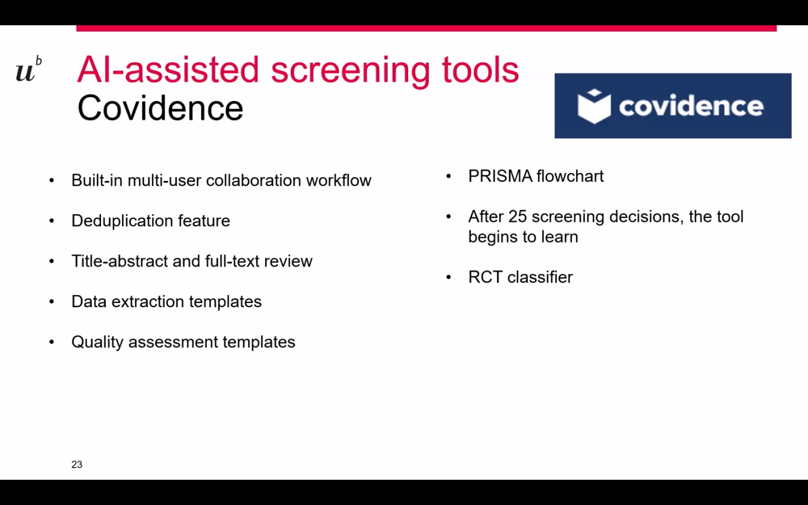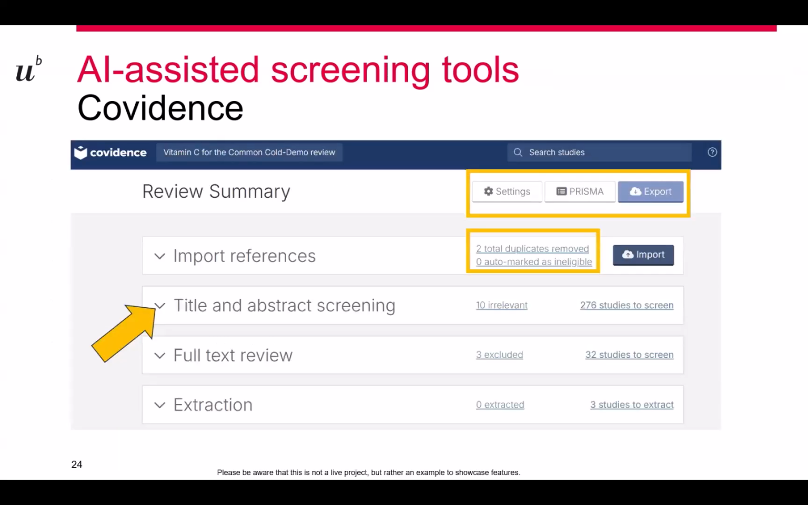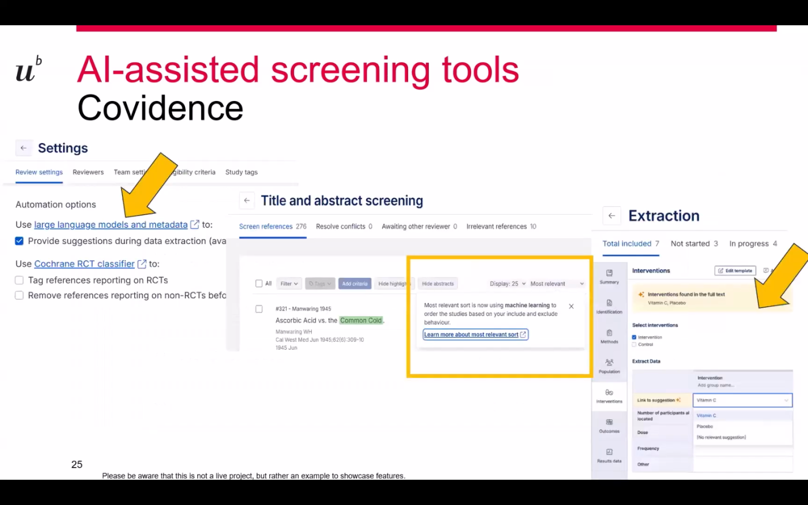It generates a Prisma flowchart, and with the machine learning, it starts to learn after 25 decisions. And it also has an RCT classifier. And so here is a glimpse of the workflow. And as you can see, you can have the Prisma report generated, the different settings set up here. And regarding the machine learning, if you wanted to apply, for example, the Cochrane RCT classifier, you would go under